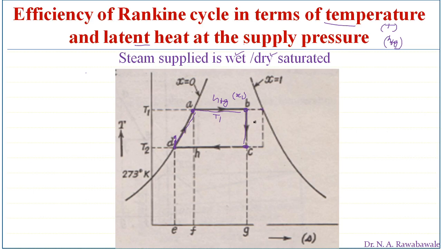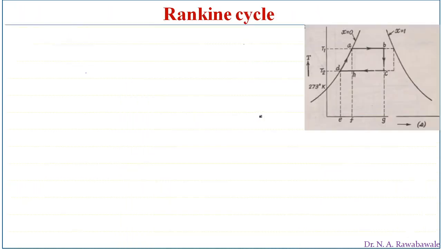While deriving the efficiency of a Rankine cycle, we assume point B to be on the dry saturation line. Here we are assuming it prior to that. The dryness fraction value X is 0 at point A, and if it comes to say point B dash, the dryness fraction X is equal to 1. Here at point B, the dryness fraction X is less than 1. It may be 0.8, 0.9, whatsoever, it is definitely less than 1. Now coming to the next thing, the steam used is wet.